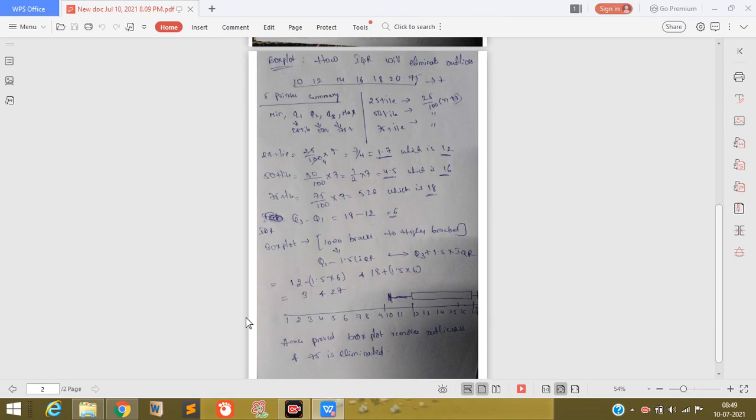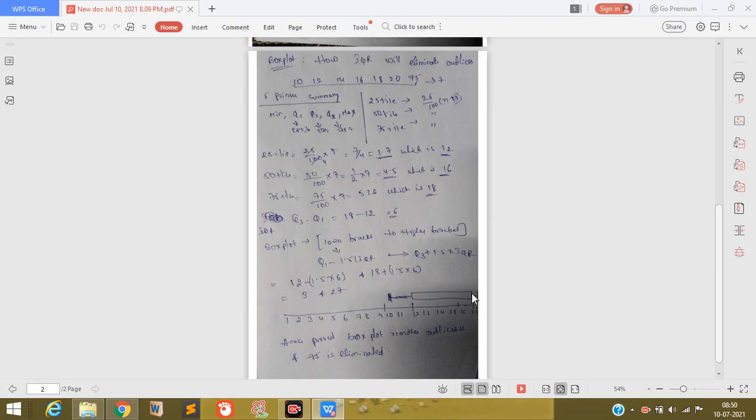So let's draw the box plot. A box plot can be drawn by using this 5-point summary. The 5-point summary is nothing but the box plot, and the box plot is nothing but the 5-point summary. The minimum point here I have drawn as 11. I marked a point here, and Q1 I have drawn here, and the 75th percentile Q3 I have drawn here,